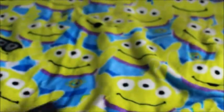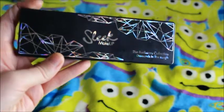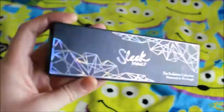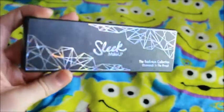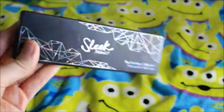Not doing very well so far, I haven't got rid of any, but... So this one is the Sleek The Rockstars Collection Diamonds in the Rough. And this one was a limited edition one, I believe, that came out last Christmas. So this was in, say, about November 2016. And the packaging on this is insane. It's absolutely amazing, the holographic, and it's...